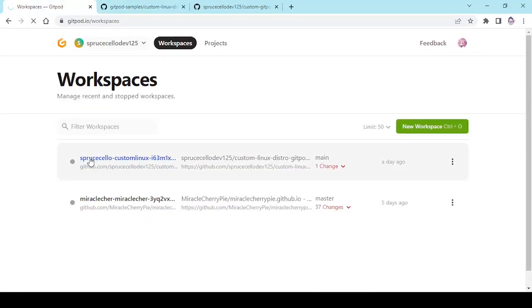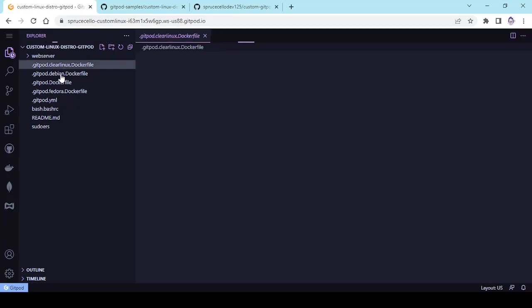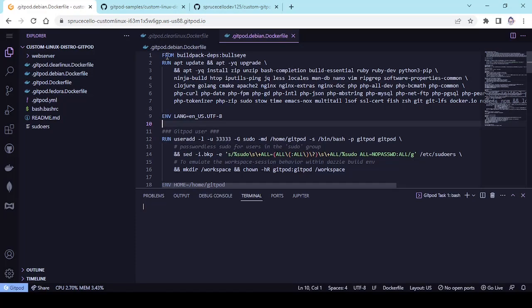So let's see, I will go ahead into this workspace and wait for the workspace to start. After a few moments waiting for Gitpod to pull the container image, I finally get into my workspace. So here I have a work in progress Clear Linux Dockerfile, and also the Debian Dockerfile. If you would like to use Debian instead of Ubuntu, I created this Dockerfile, so it basically pulls